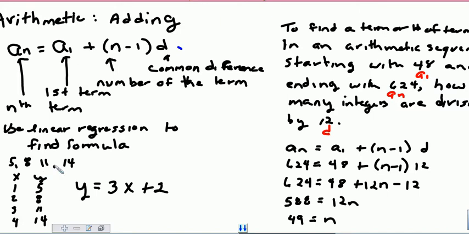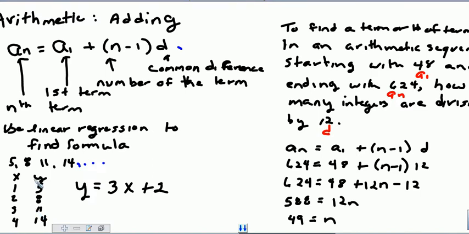For example, if I have the numbers 5, 8, 11, 14 as an arithmetic sequence, and I want a formula that will allow me to continue that sequence on out or to find any term in the sequence, it's a whole lot easier to use my calculator than to use this formula. Simply go to Stat and Edit, and these numbers will be your Y values, 5, 8, 11, and 14. The X values are just the term number. The first term is 5, the second one is 8, the third one is 11, the fourth one is 14,